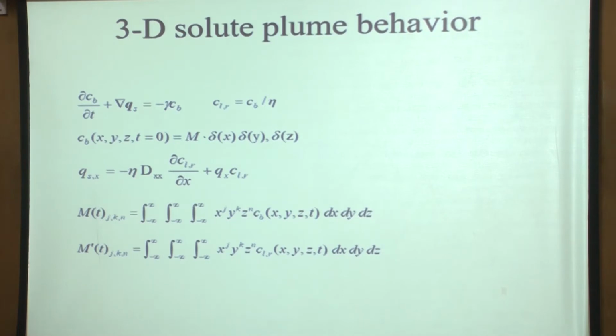So far we were either looking at time or at space. So now we are looking at space, but in space we have three dimensions: x, y, and z. So our definition for a spatial moment, let's say we have the bulk concentration. It's a function of x, y, z, and t. So basically I raise x to a certain power, y to some other power, z to some other power, multiply it with c and integrate in the spatial dimensions. Okay, and I define that as my spatial moment, but its order is j, k, n, because I have three